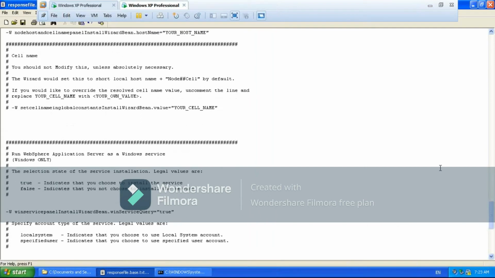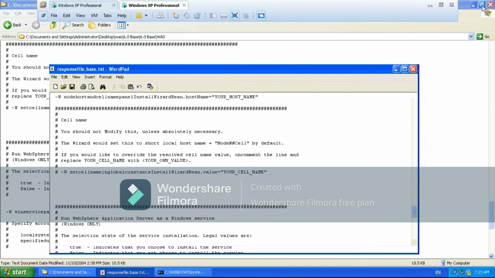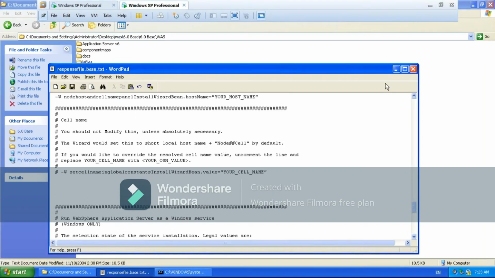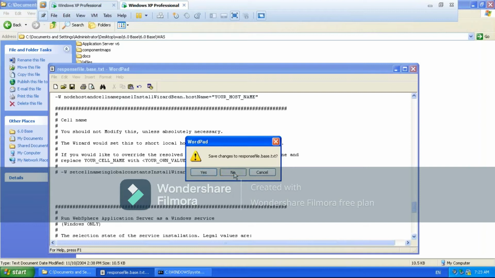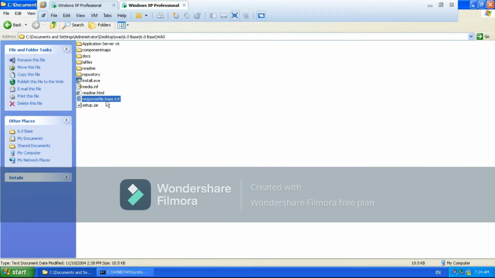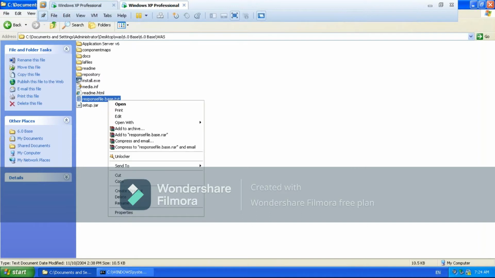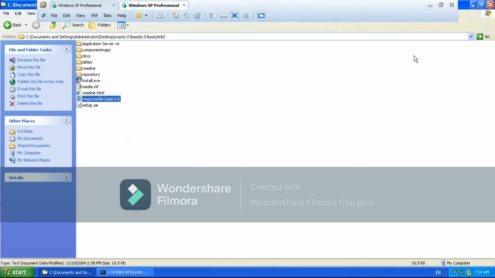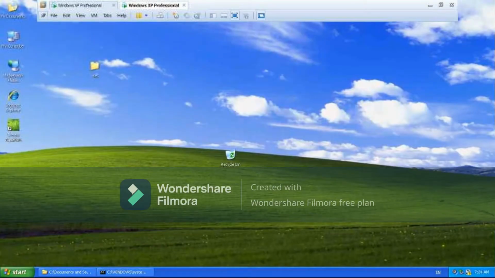Okay, just imagine now your modification of the response file is done. Then what you will do? You will copy this modified response file and paste it onto the desktop, right?